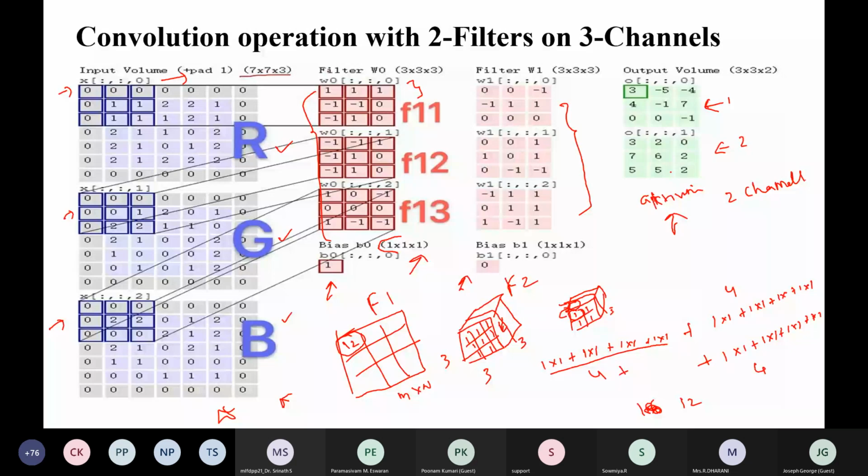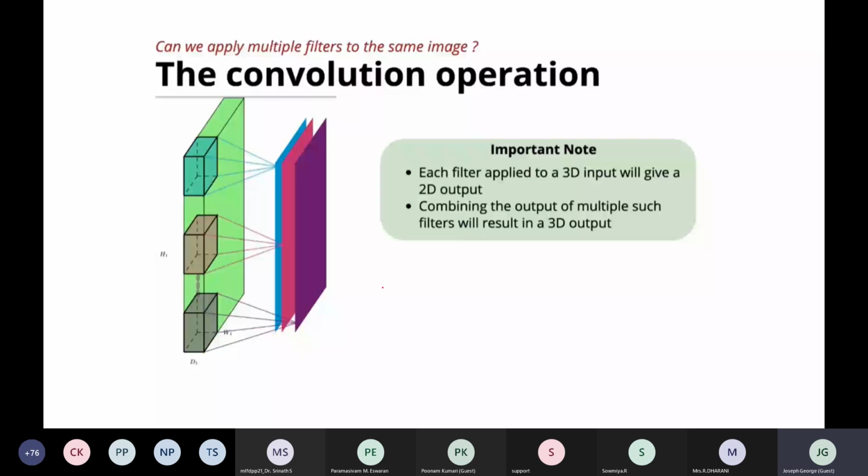So this operation will be done in each and every layer. Suppose you want to increase the depth of the activation map, then you need to use that many filters.